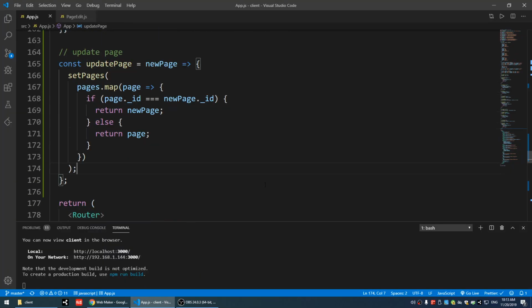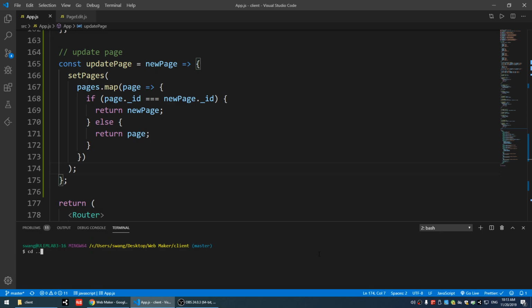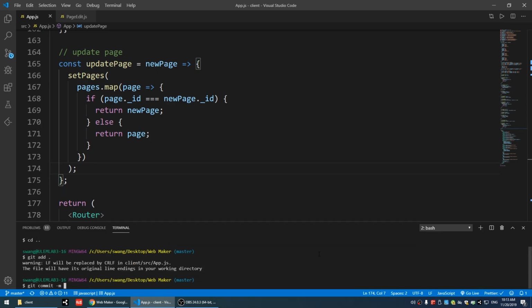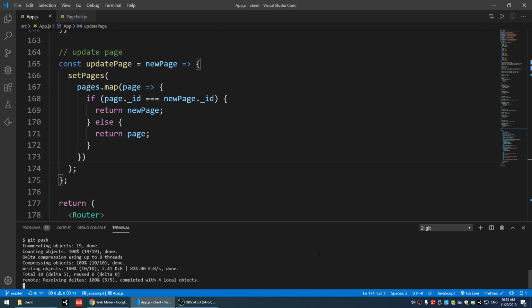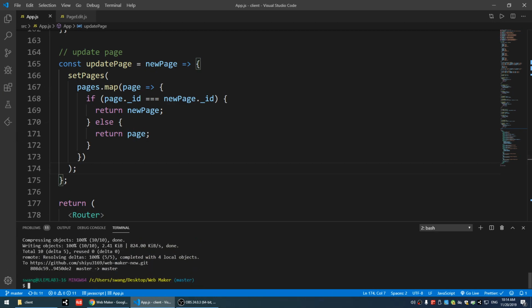Let me send the code to GitHub. Open a new terminal. I'm going to cd to the webmaker folder. Git add dot. Git commit -m page part, and git push. So you should be able to see the code for this part. And the last thing we do is just stop